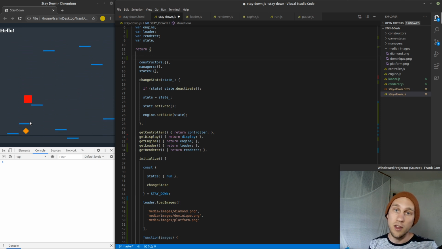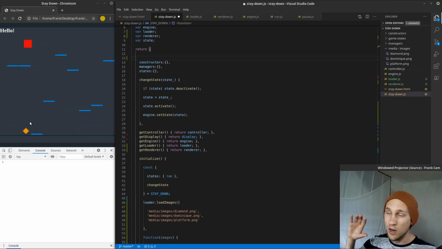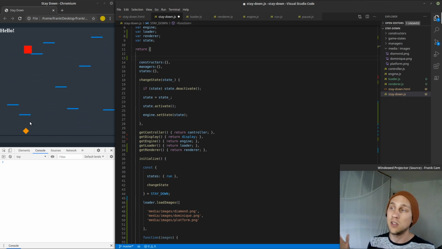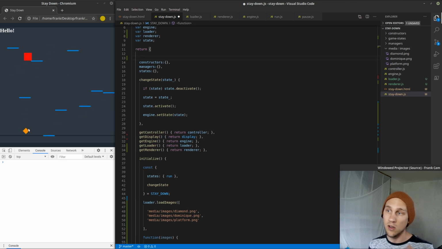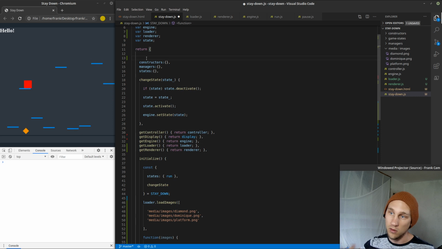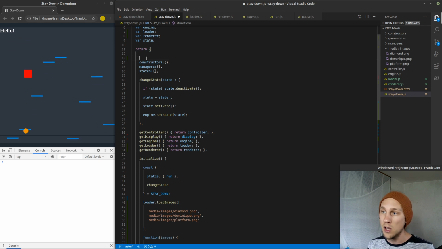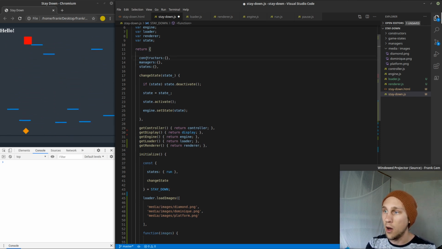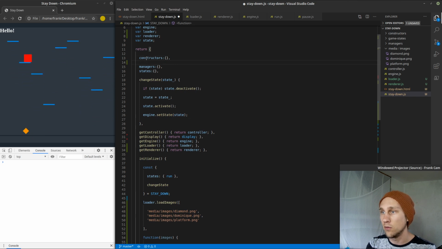But then there's other things like text. I'm going to have an image for all the text in the game, basically just a text character sprite sheet, and that's going to be used in almost every game state. So that's an image that I would want to keep in a global variable that everything has access to. And then I have these other images that I might just want to use in one game state. So I might have to come up with a different solution for this, but for now I'm just going to store all my objects in the